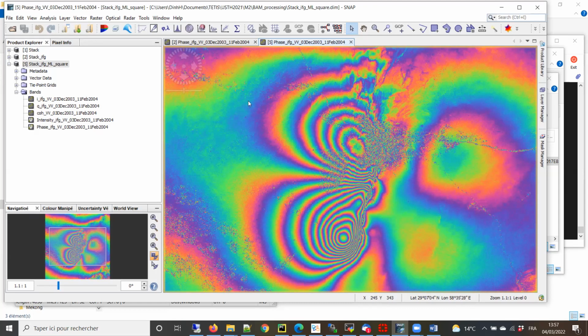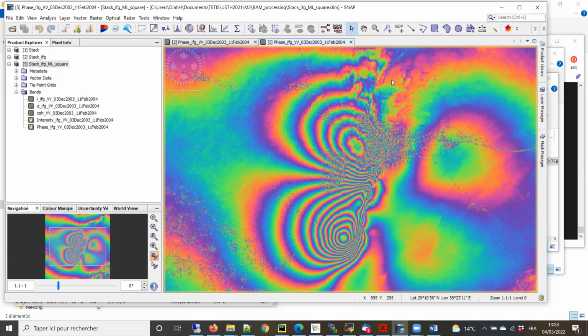If we go from here to here, we can easily count how many fringes. For example, if we start from the blue one here, blue 1, 2, 3, 4, 5, 6. So basically 7. So 6 or 7 fringes, and we know very well that one fringe here corresponds to some amount of displacement. So is the topography not changing? Why? Because we already removed the